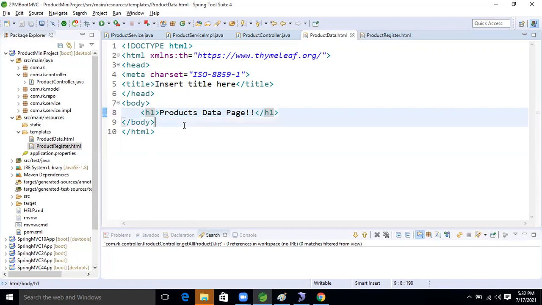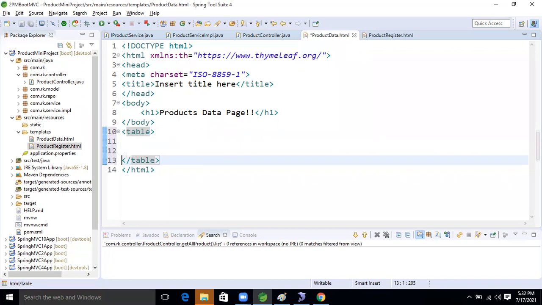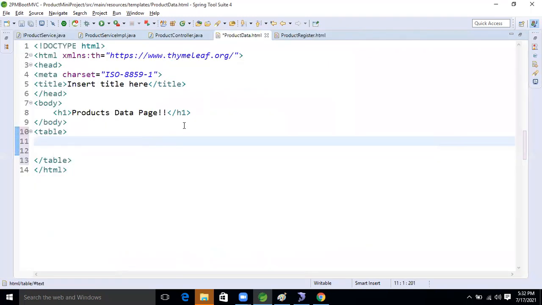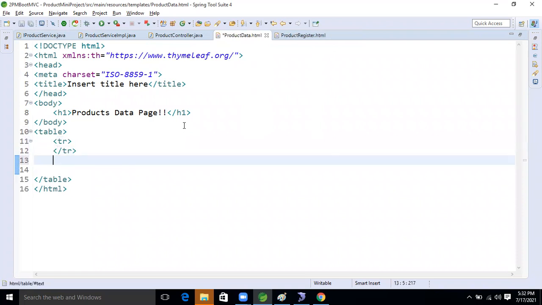Inside that, I'm going to take a table. Inside the table, let's take a tr. First, take the tr, one tr and another one more tr.